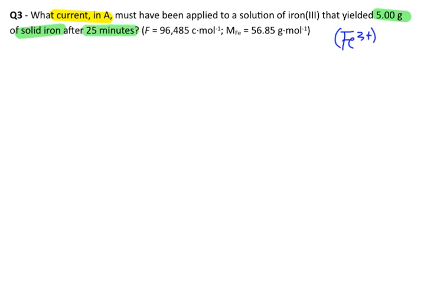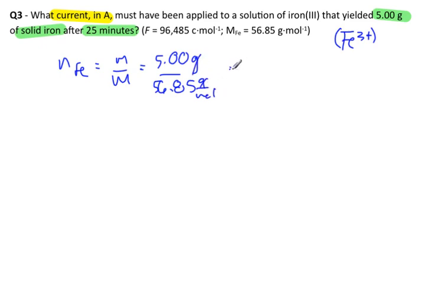So again, like I mentioned before, there's 3 variables of interest typically. We know 2 of them. So first step would be number of moles of iron equals mass divided by molar mass, 5.00 grams divided by 56.85 grams per mole, the molar mass of iron. And so we number crunch that one, we get